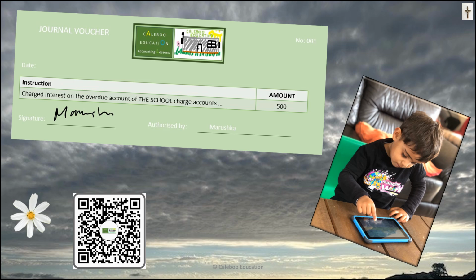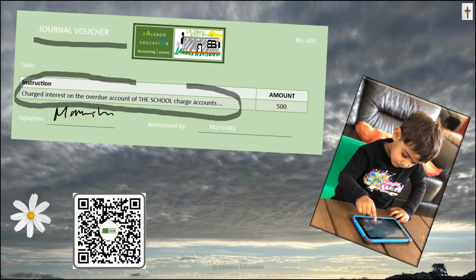This is the document. It is known as the journal voucher. So the journal voucher will record the transaction, and from the document the information is recorded in the general journal. So this document here,